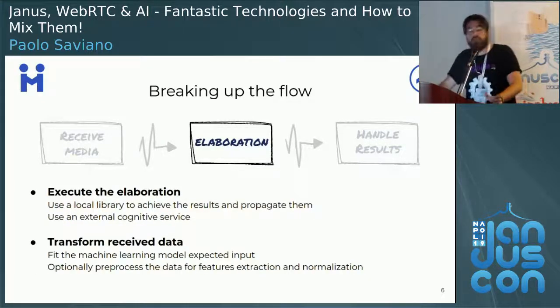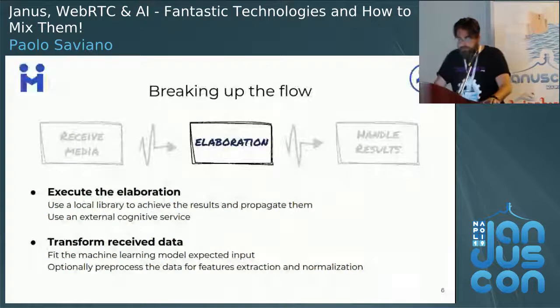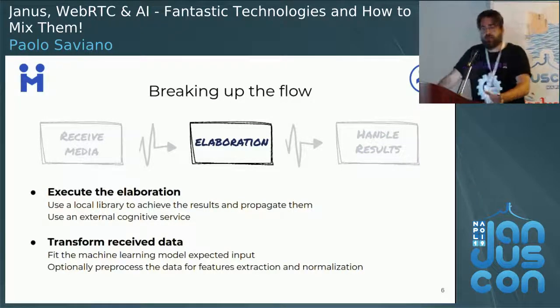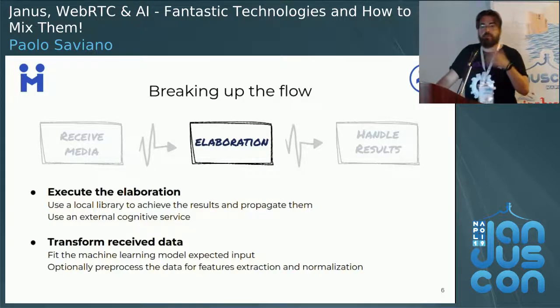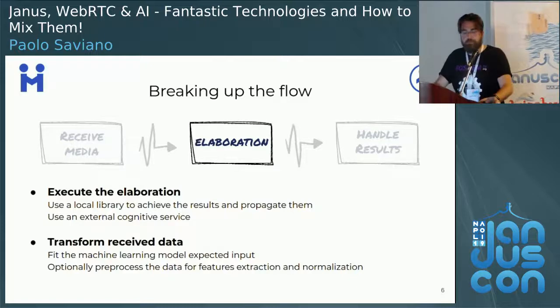After the media are fully decoded and forwarded, the second step is the elaboration phase. It could be a classification, or a prediction, or a detection. This task could be completed in several ways, but all these ways can be classified into two main categories. We can execute the code locally through the usage of a library like TensorFlow or Caffe and so on, or maybe relying on third-party libraries that wrap the aforementioned engines, like Face API or OpenCV or Dlib, and again.